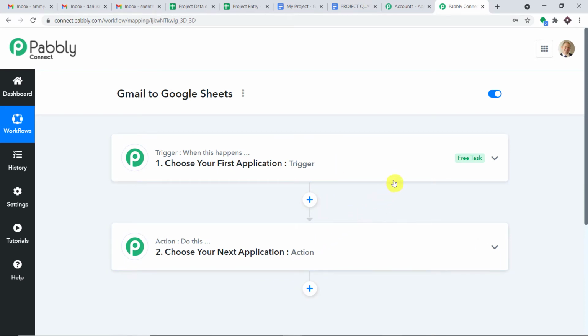So what's the deal with the trigger window as well as the action window? When we are talking about automation in Pabbly Connect, it works on the concept of triggers and actions. The trigger is basically an if statement. It asks a question: if this happens, then what should be done? For example, if a new mail arrives in Gmail, then what action should be taken? Now the action here in this case is that the data will be sent to Google Sheets. So using these two windows, we are going to create a workflow to integrate Gmail to Google Sheets.